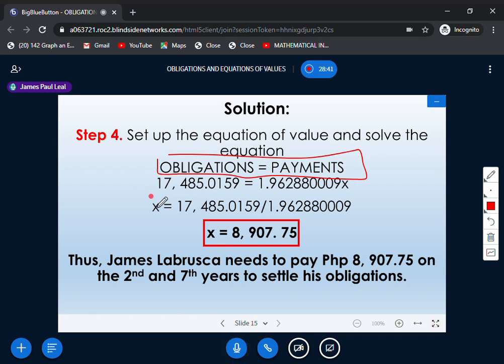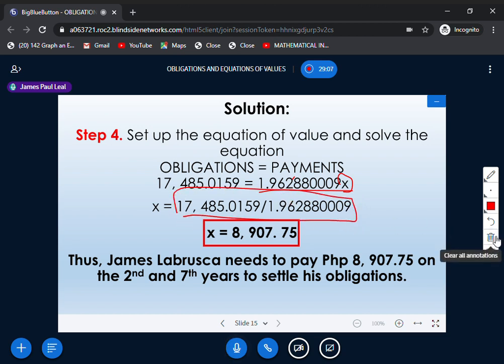Your obligation again is 17,485.0159 equals your payments as what we computed. Copy lang po. Okay po. And yung x po, ito yung principal amount na babayaran ni James Labrusca. How to find that? Of course, using laws of algebra, we can actually divide both sides by the numerical coefficient of x, which is 1.96 and so on and so forth. And if you're going to divide that one into that, you will be having